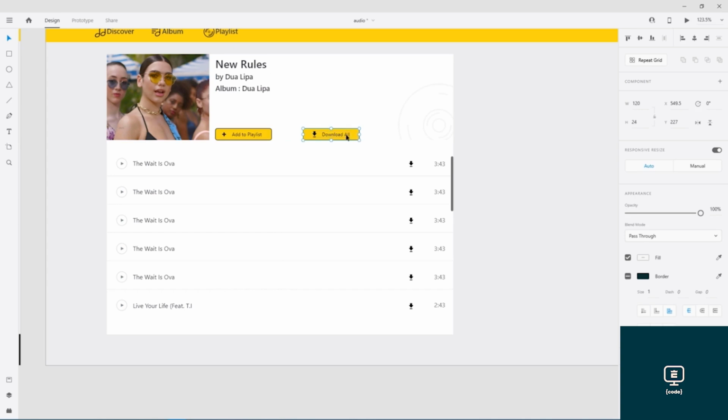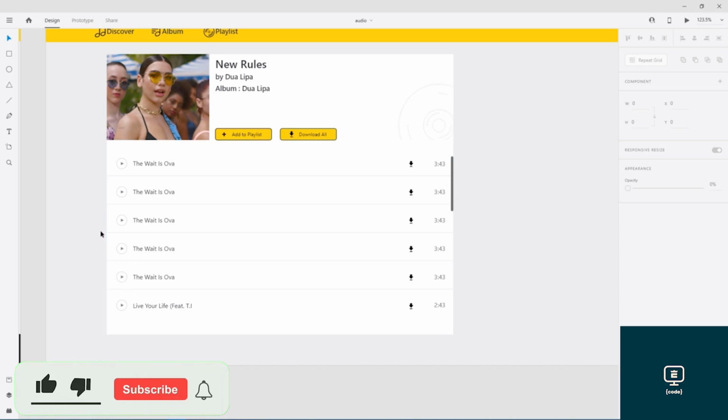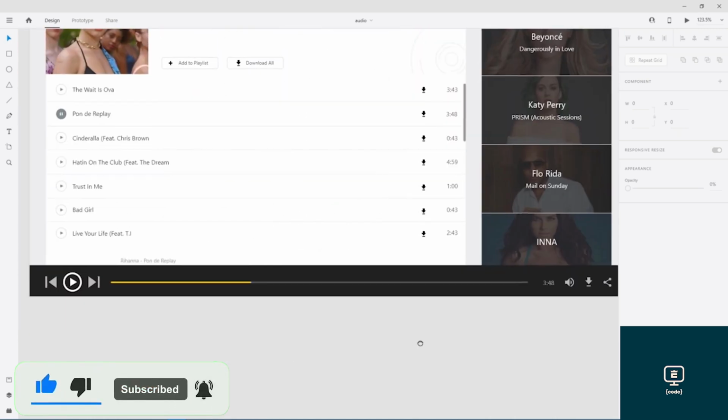Okay, that's it. And this one, and we go to the next item. What is the next item? It is this bar that we have